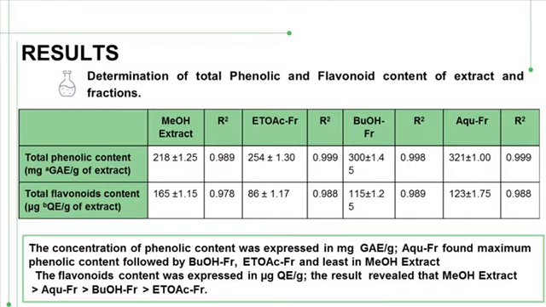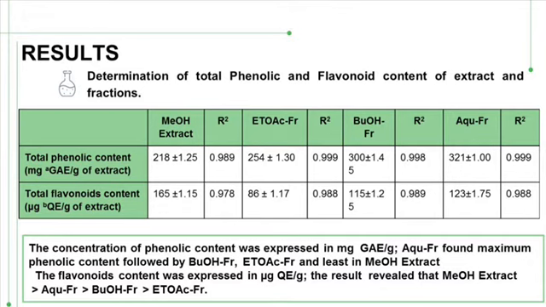As for the total flavonoid content, the highest flavonoid content was found in the methanolic extract with 165, followed by the aqueous fraction with 123, and then the butanol fraction with 115, and finally the ethyl acetate fraction with